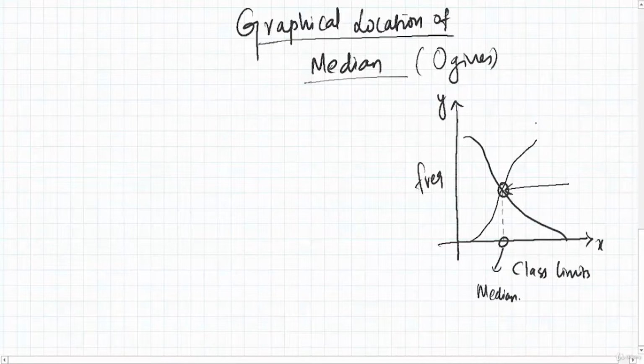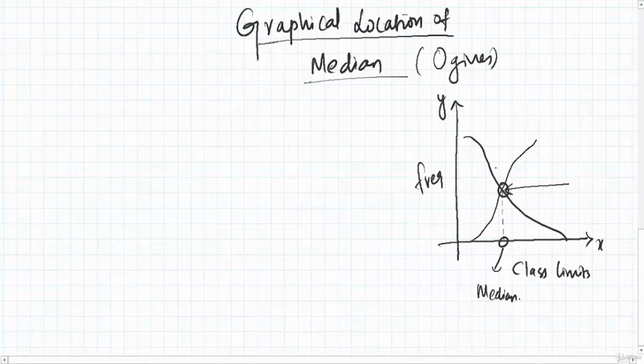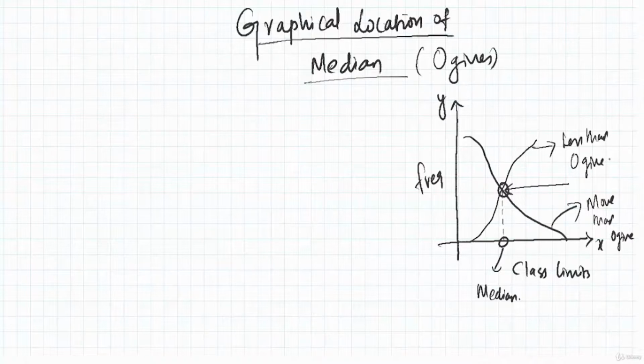So what are ogives? The ogives are basically the curves which represent the cumulative frequency. So here you have a curve which is sloping downwards, and this can be the more than ogive. And this curve which is going upwards can be the less than ogive. And don't worry if you could not understand this, there is a case study just behind this. We'll take it up, then you will understand what is less than ogive and more than ogive.